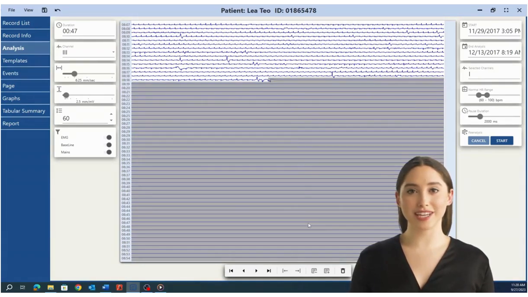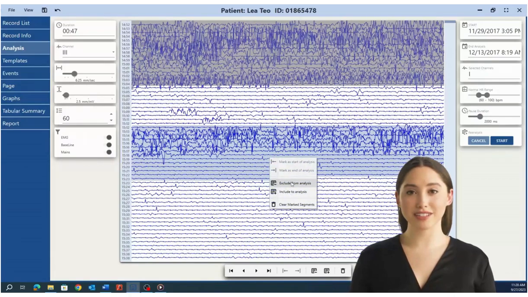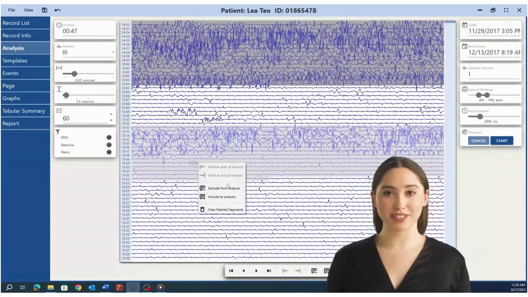Optional, include or exclude segments. To exclude, right-click and drag over the interval and select Exclude from Analysis from the context menu or from the action bar. To re-include a segment, right-click within the excluded area, drag the cursor to the position you need, and